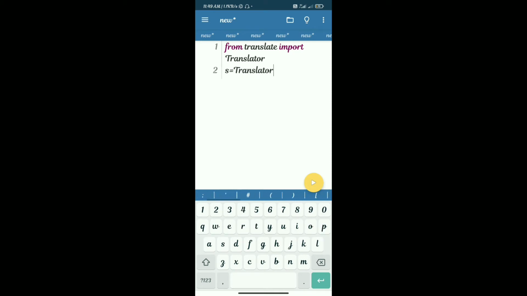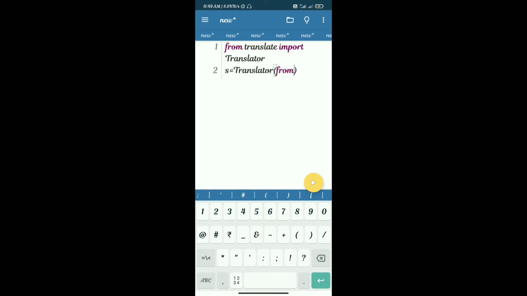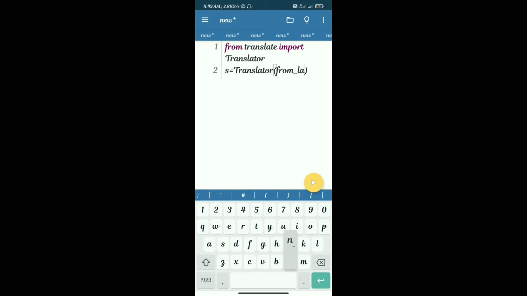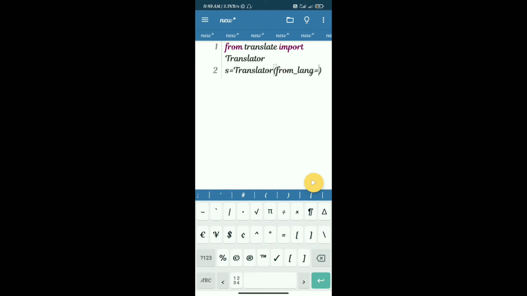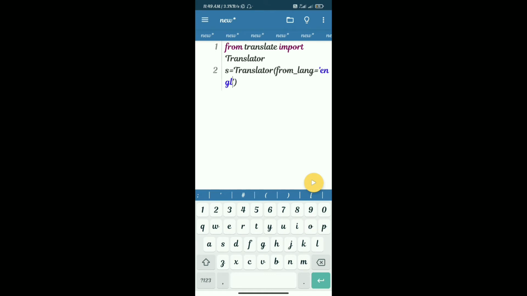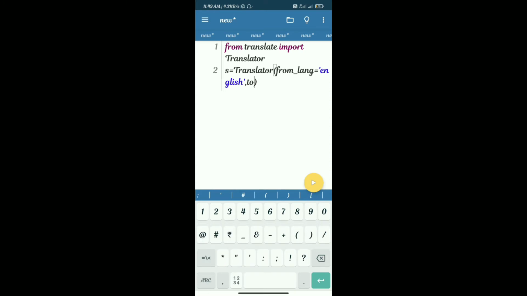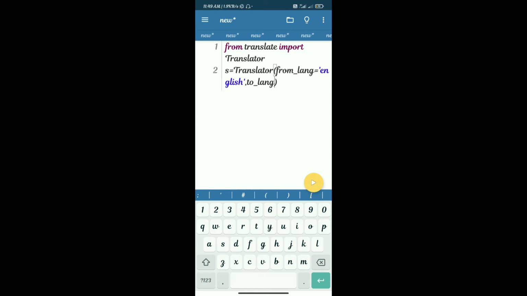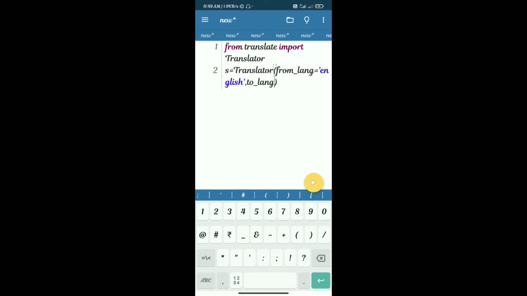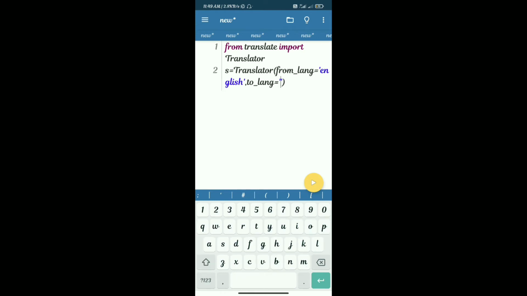We call the Translator method under this, and first of all we have to give the from language, from which we want to change. From language I take here as English, and after that we have to give the to language to which we want to change. So to language we will give here, I will take it as Hindi.